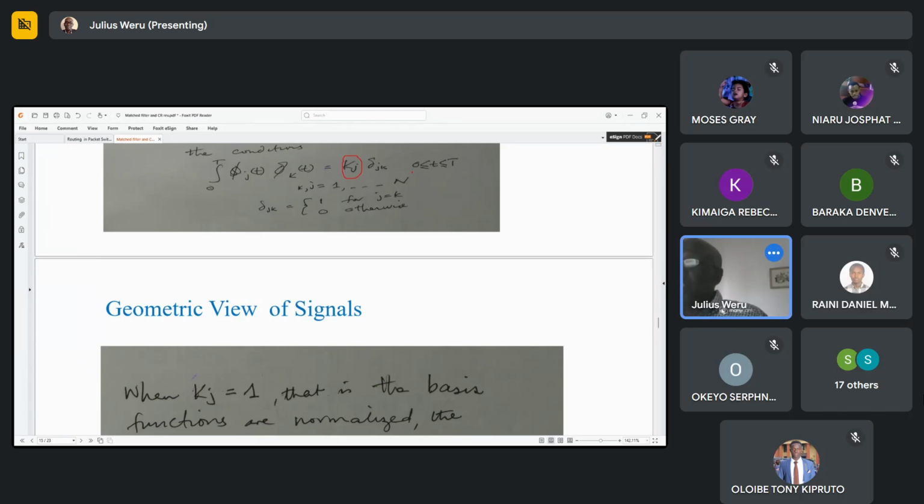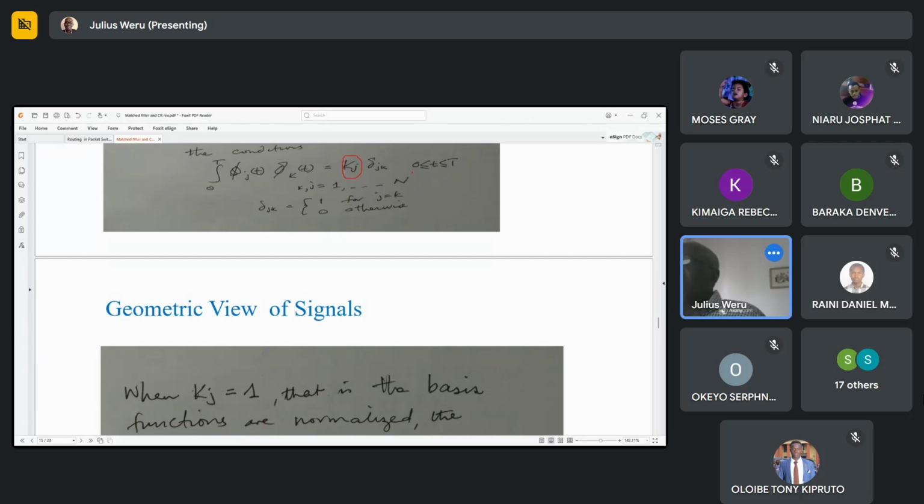So this k, j is not referring to this, j is referring to this capital K_j. If it is equal to 1, that is, we have normalized,